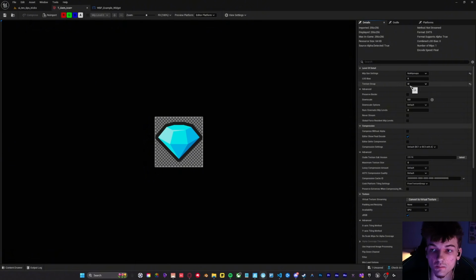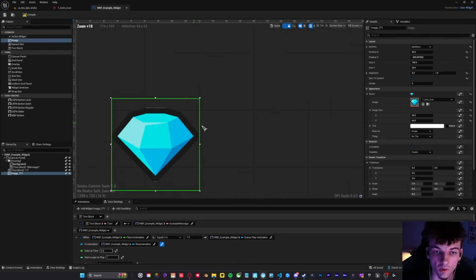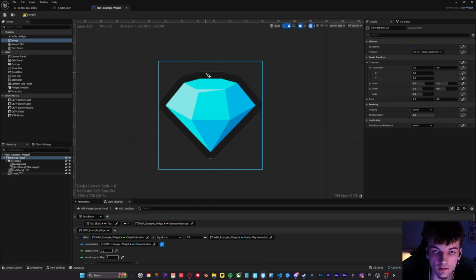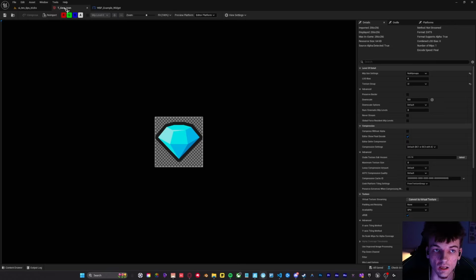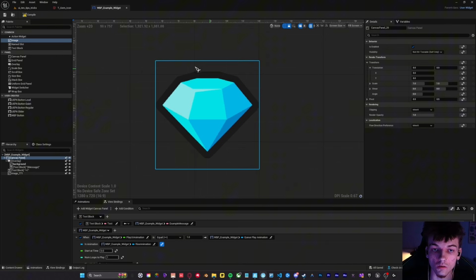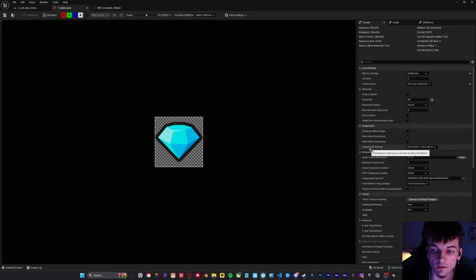So normally what I see people do is have the UI texture group, which does work, but if you look really closely at it, it has this weird bleeding happening, and the way that you fix that is by setting it to the 2D pixels. And now, if you look, it got rid of all that gross bleeding and that blurriness, so we don't want that for UI. So after that, you're going to want to have the default BC1 or BC3 with A compression